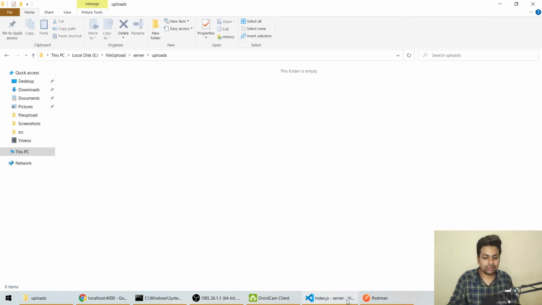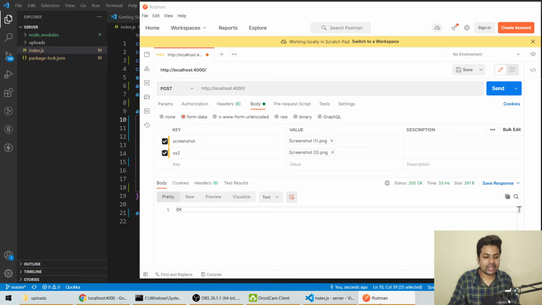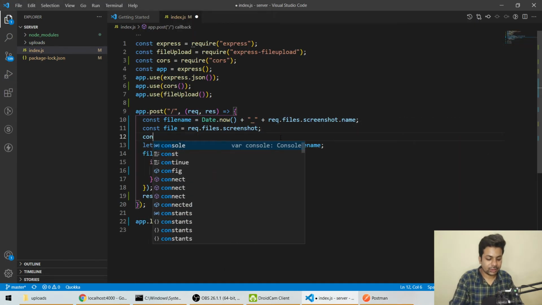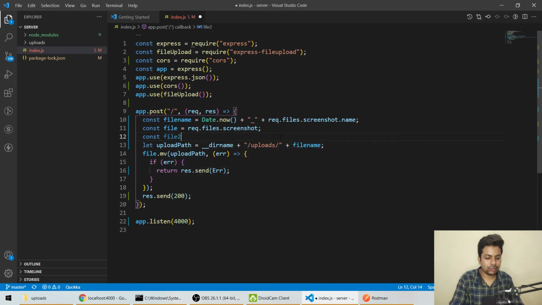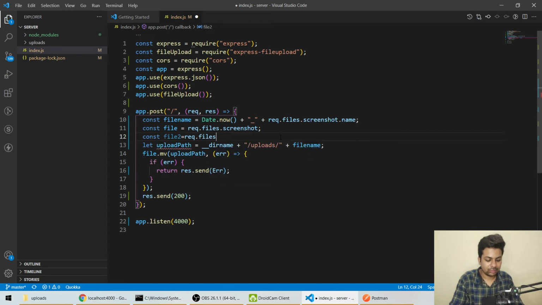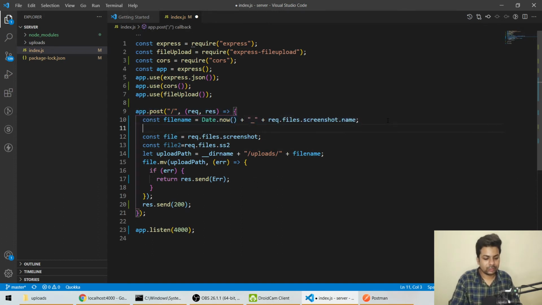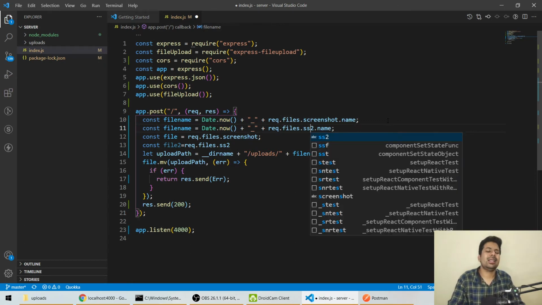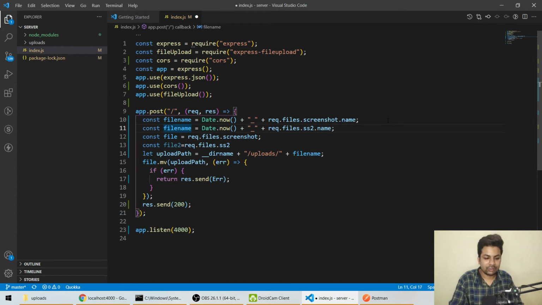Suppose you are sending two files, and the second name is ss2. So what you can do is const file2 = request.files.ss2, and the same for the file name also, ss2. I mean, you can loop it and do it that way, but I am telling you the straightforward way. File name 2, and the same thing here.